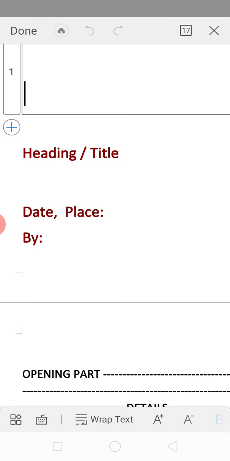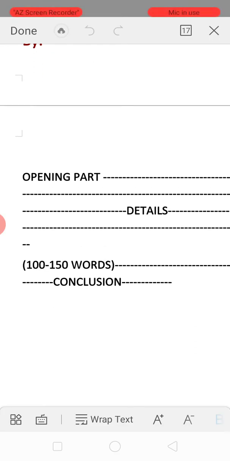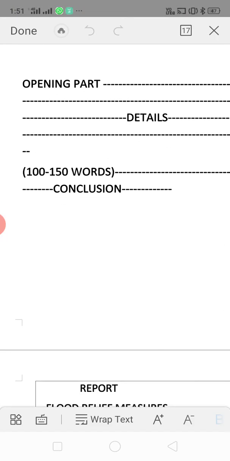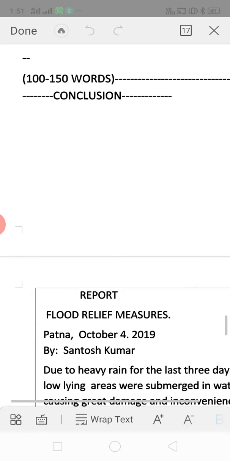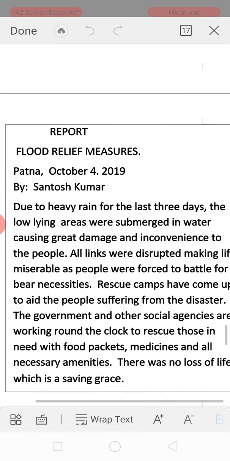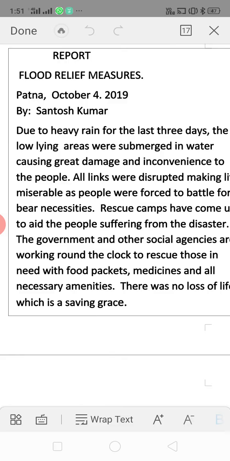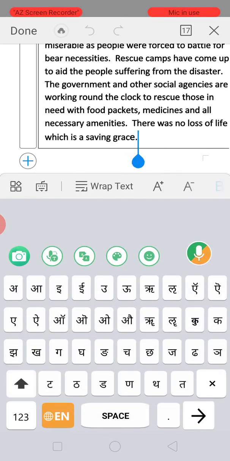Now let us talk about the heading or the title and the date and the place and then the byline. Date, if it's happening in Patna, write Patna. What date is it, what place is it, you have to write. And then the opening part, the details, and it has to cover 100 or 150 words, and then the conclusion. Now this is a report on the flood relief measures, Patna, October 4th, 2019, by Santosh Kumar, by just anybody, name it. So the report says,